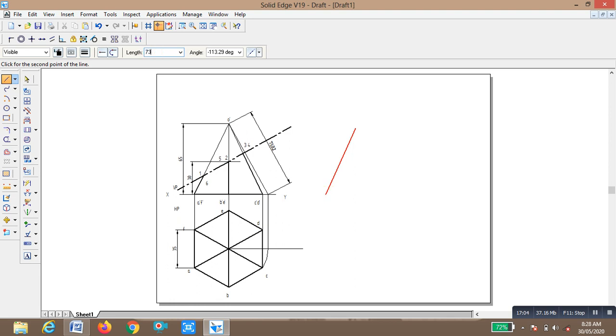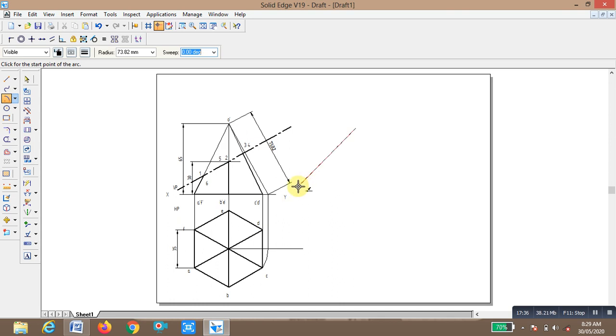Now we are going to draw the arc by center point. This is the center, draw the radius of 73.82, enter. From this extreme end I am going to draw the arc.